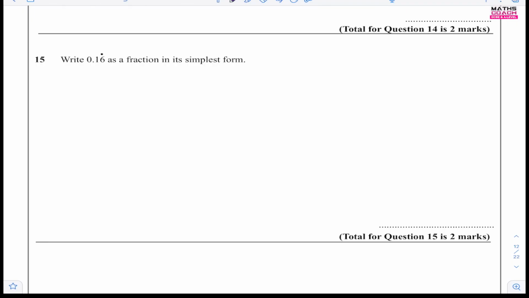Question 15, write 0.16 recurring as a fraction in its simplest form. What we can start off by is say let x is equal to 0.16. It's a 6 that recurs, so